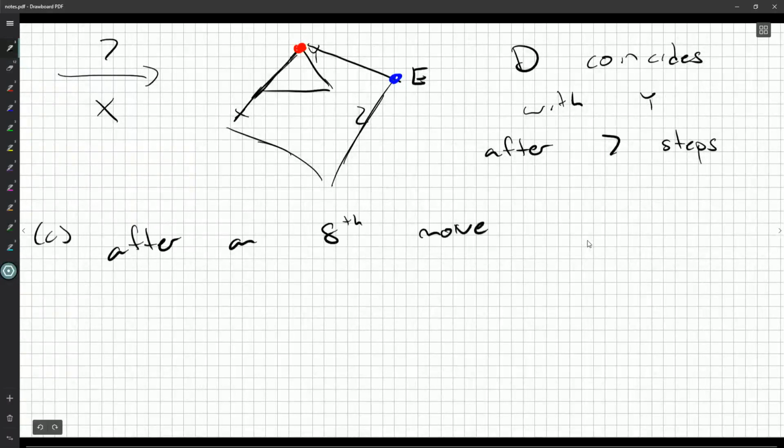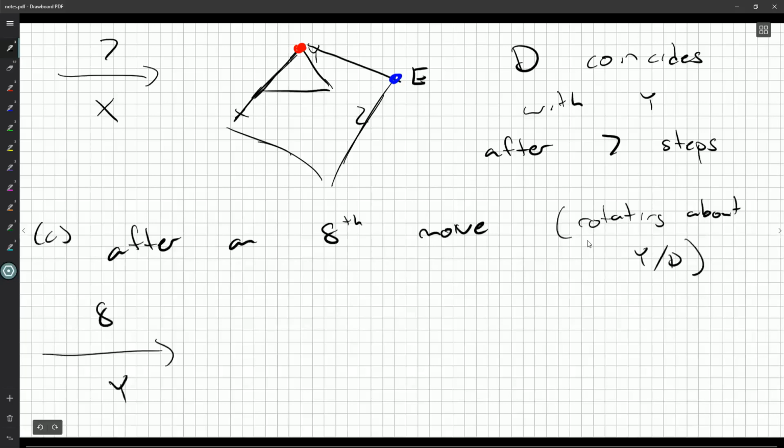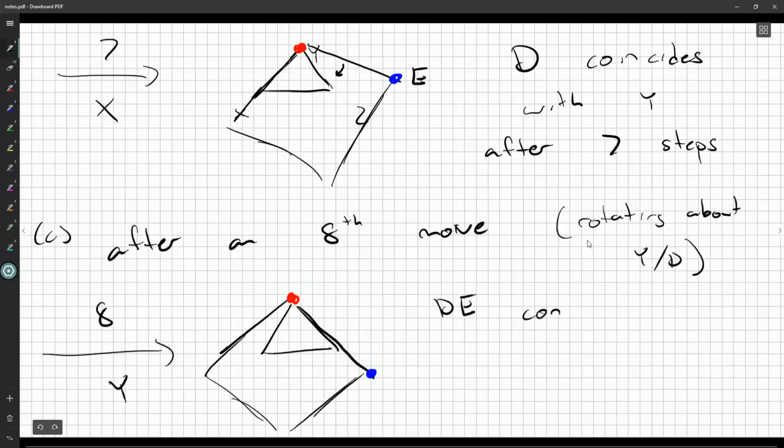After an 8th move, rotating about Y, which happens to be D, we will get DE coinciding, or DE and a line of the triangle, DE contains a side of the triangle. Okay. Now, from the perspective of